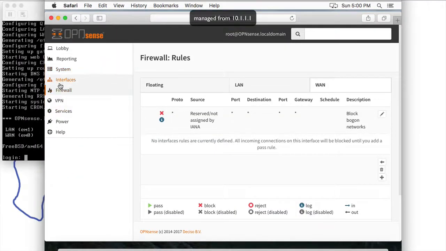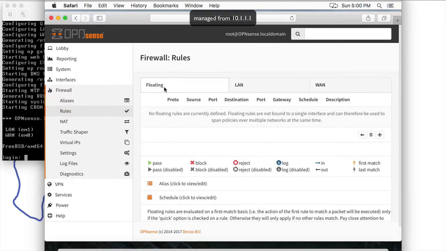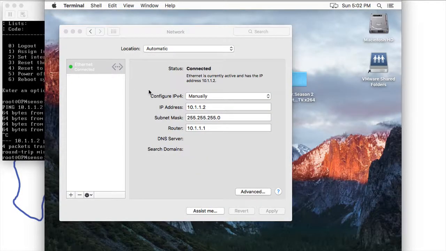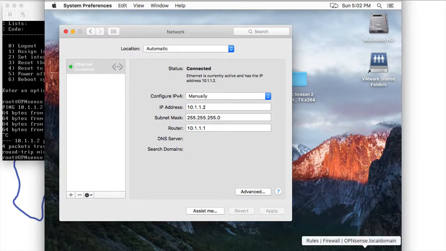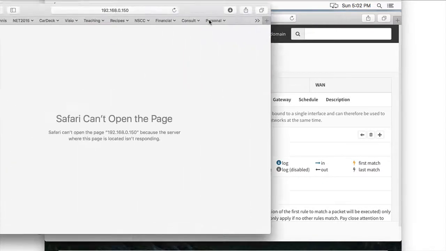Now our firewall is all controlled by the firewall section, or a set of rules. And if we click on firewall and we click on rules, we'll see a window that has 3 tabs here: our WAN interface, our LAN interface. And by default, everything is blocked. Okay, let's bring up our firewall again, and let's see if we can change this